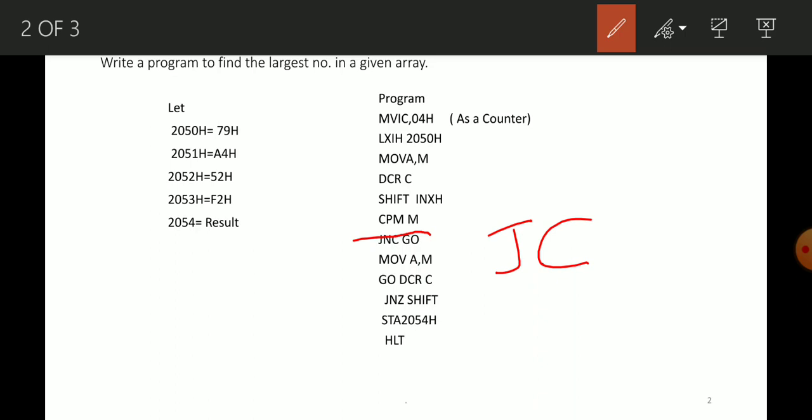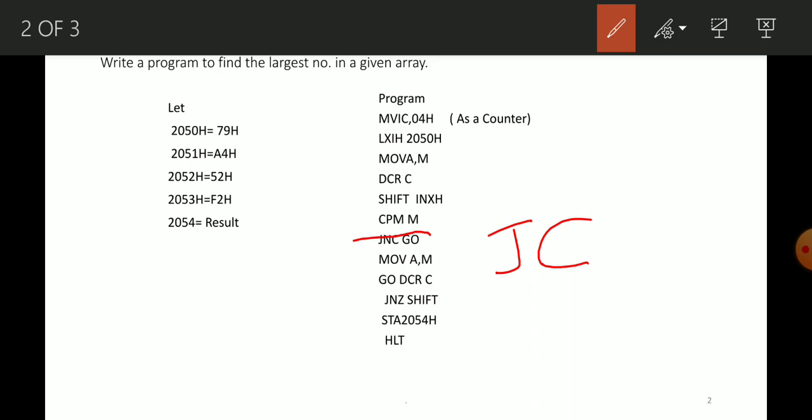So the next level of programming, you have to write a program to arrange the data array in ascending or descending order.